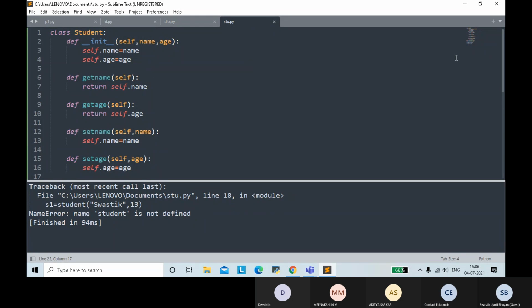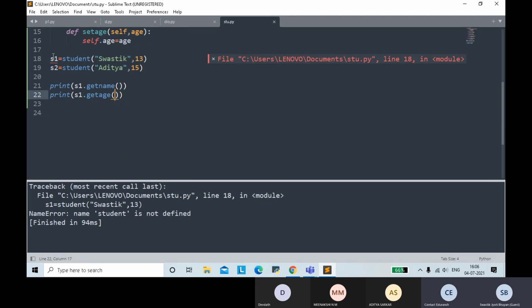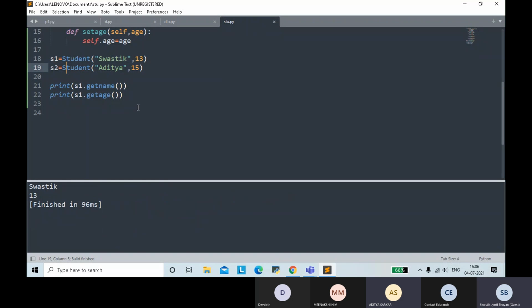That's why. No, that is the variable name, not there. Class should always start with a capital. Oh yes, sir. Okay.